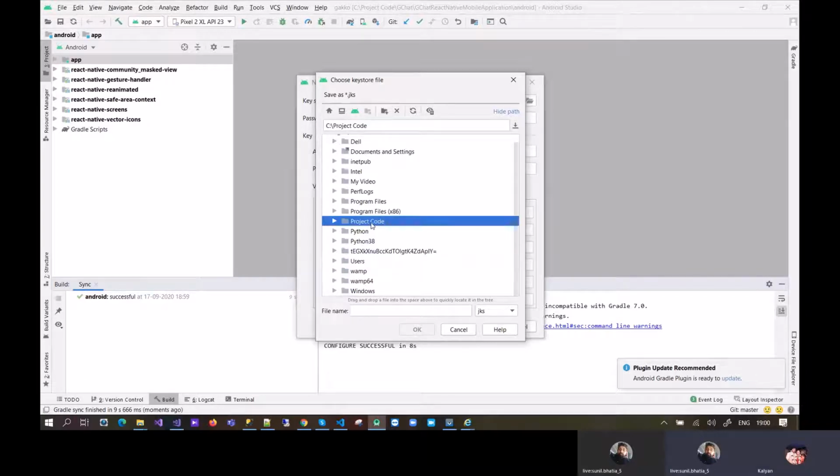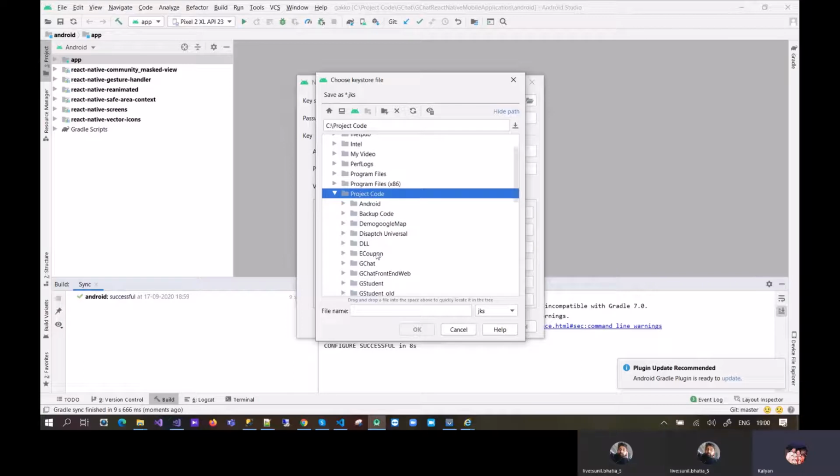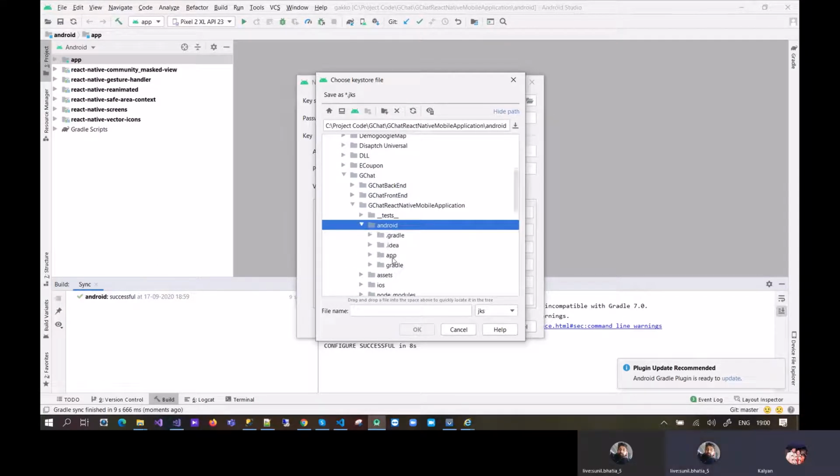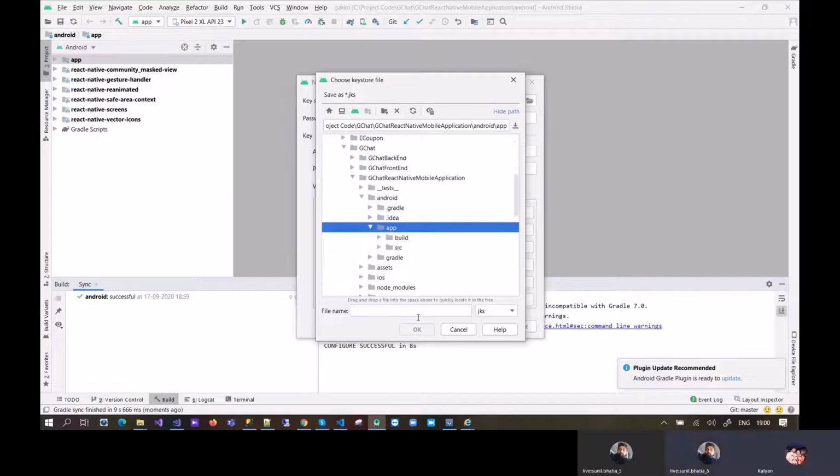Okay, so let me open that one, then chat, then Android, then app, right? Yeah. So any name, right? Gchat is okay. Click on okay.